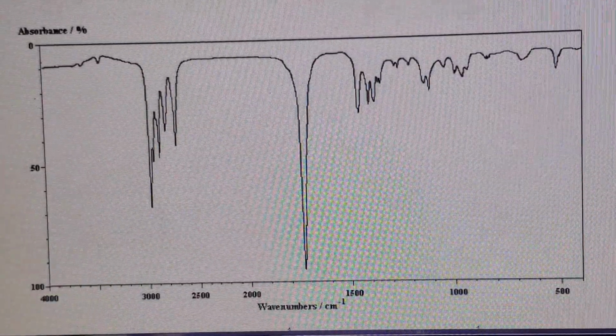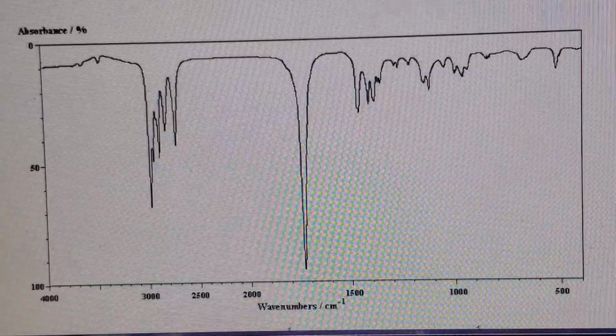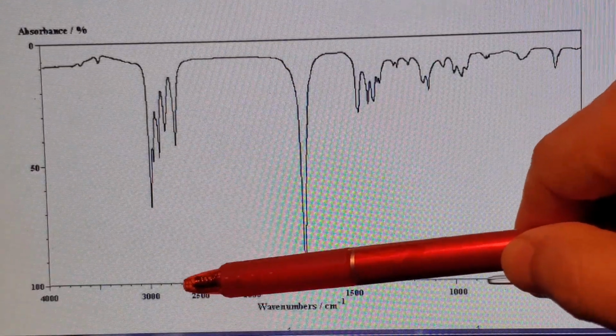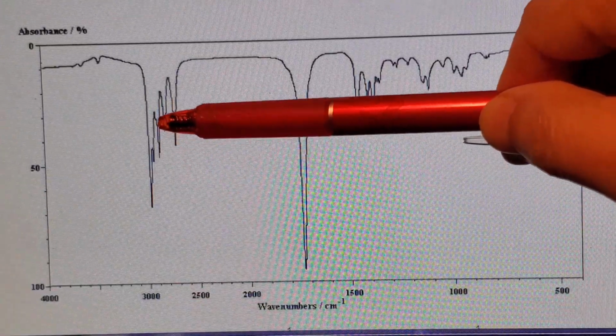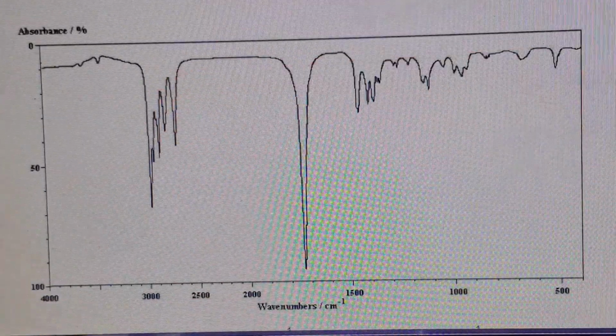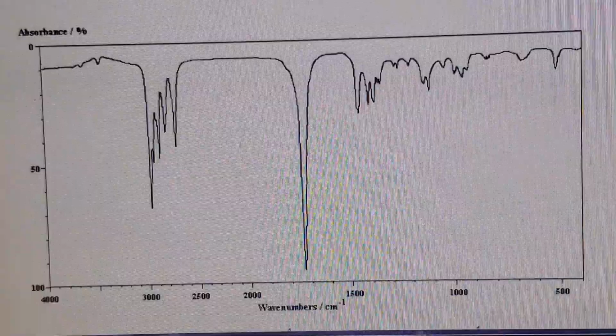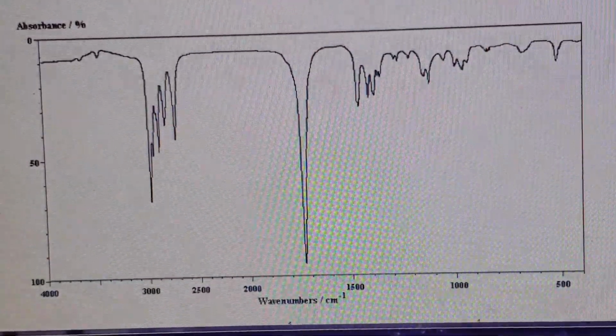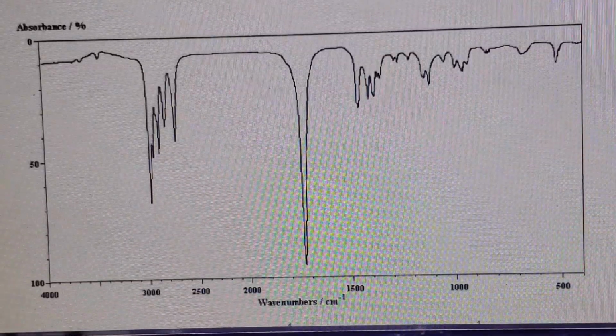This must be a very simple molecule. And some of them you can read at 2500, 2600, 2700, and then 2800. You see those two. So we suspect aldehyde. And those three are probably from a couple of alkane